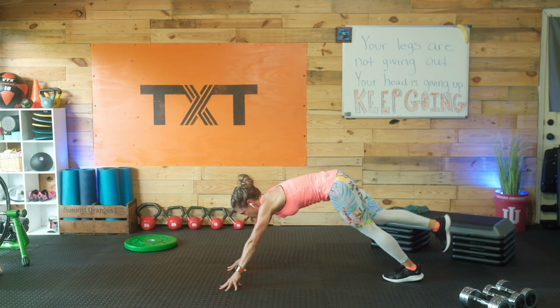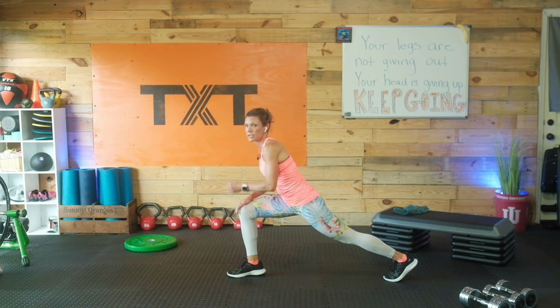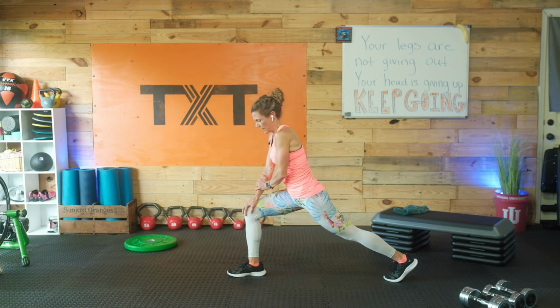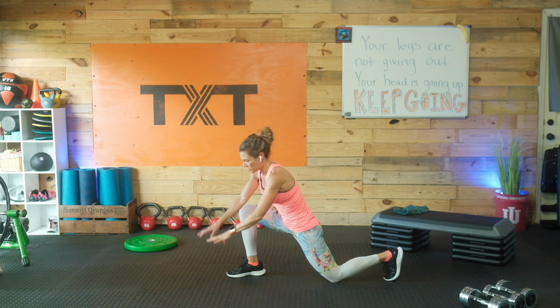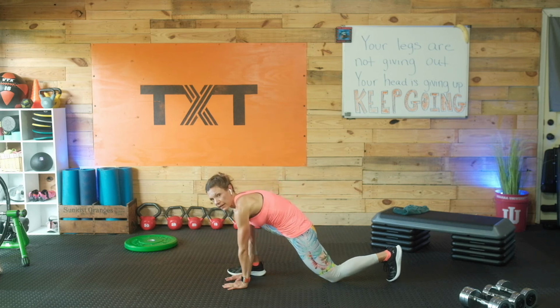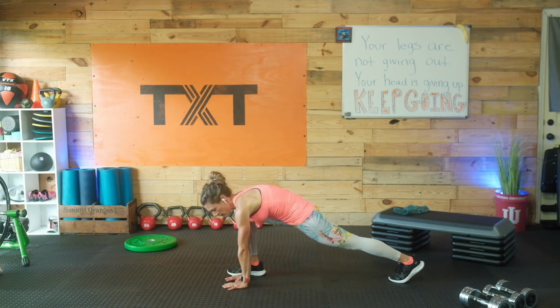Let's bring that foot through, all right, into this really deep lunge. If you need to stay a little bit higher, go ahead, all right? If you need to just bring your knee down today, you can. Otherwise, you're gonna join me here with both hands on the inside of that foot. And what I want you to do is just bring that knee up, extend up here, and then drop it